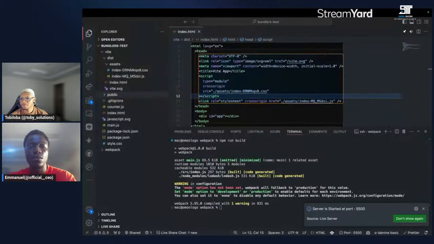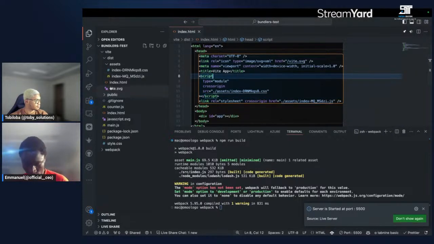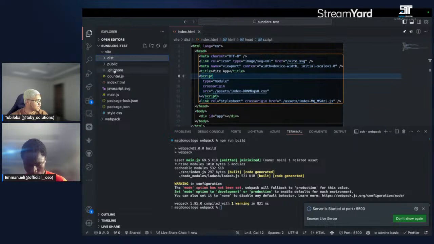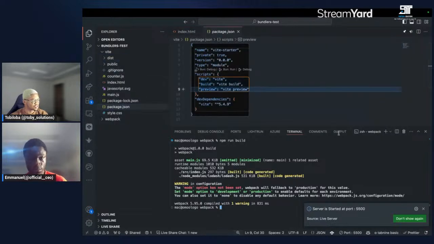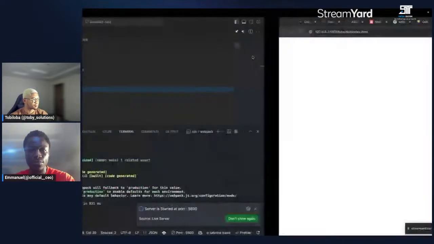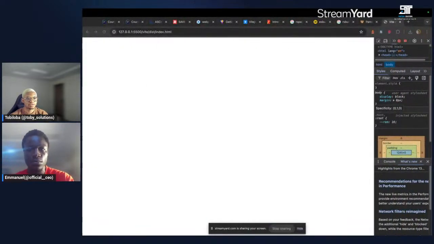I'm seeing some errors in the terminal. Oh, not errors actually. But nothing is being rendered. Oh wait, let's actually check. I have a hunch. Yes, so I think I know what the problem is. It will not run actually, because